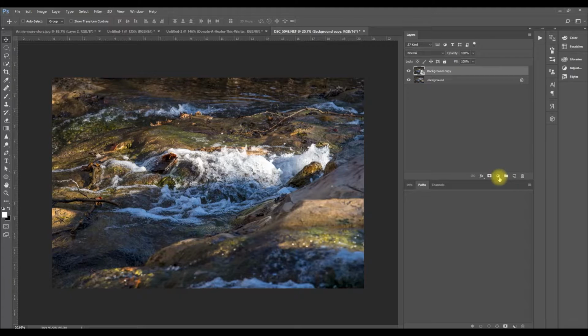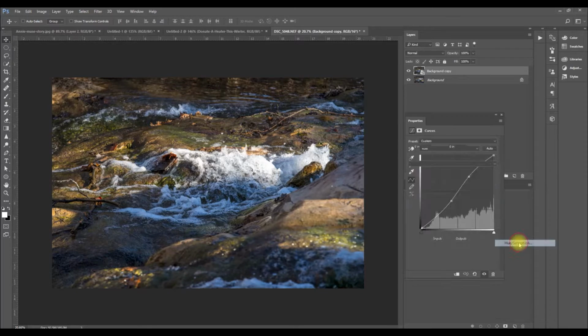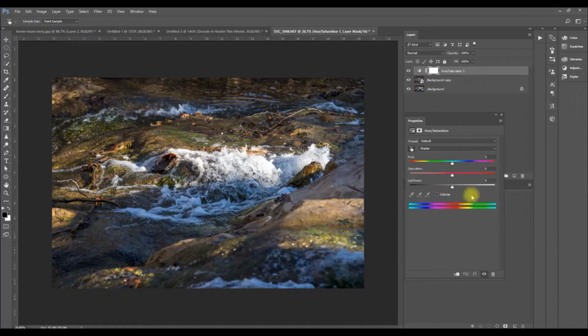And now I'm going to hit my layer adjustments, which is this button here, and choose hue and saturation. Now this is a great trick. Do you see all these greens in this photo? There's green here, green here. It's really hard to bring those out in Lightroom without oversaturating the entire photo, so we just want to increase